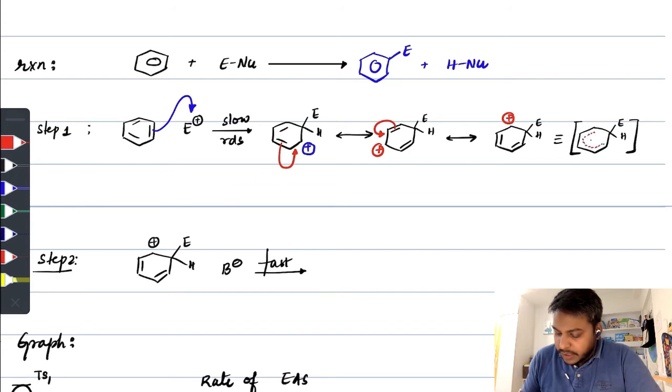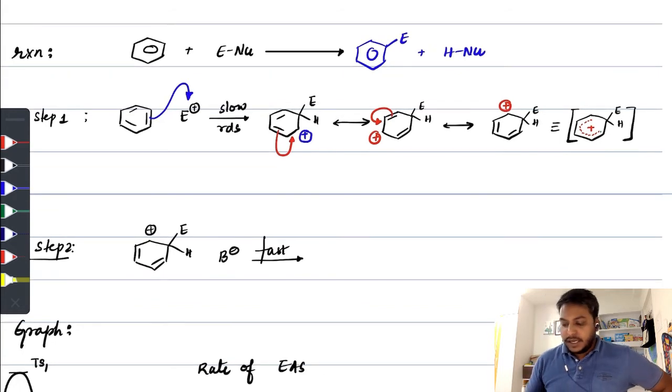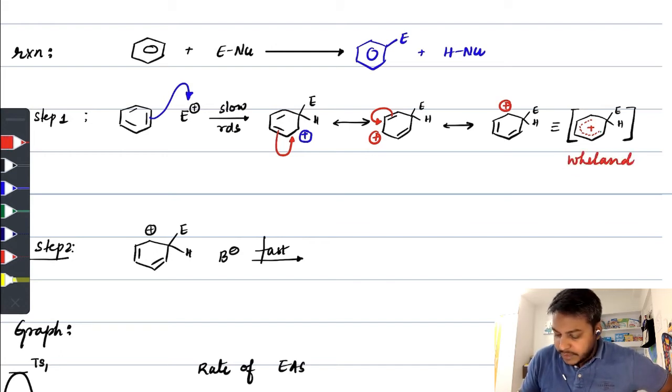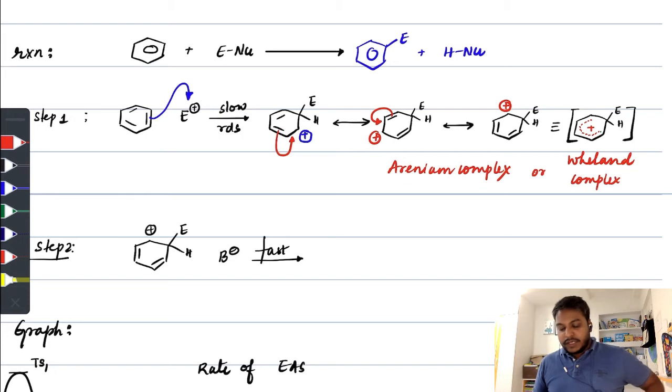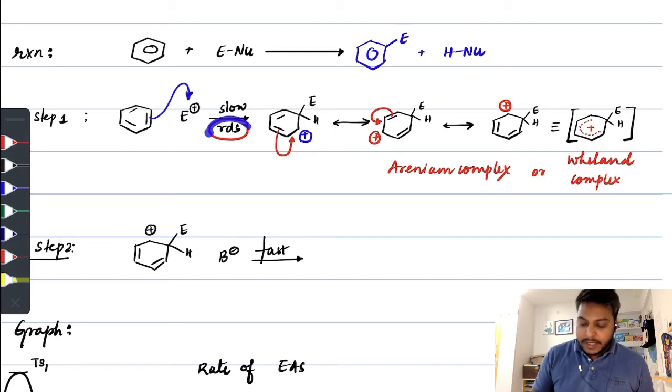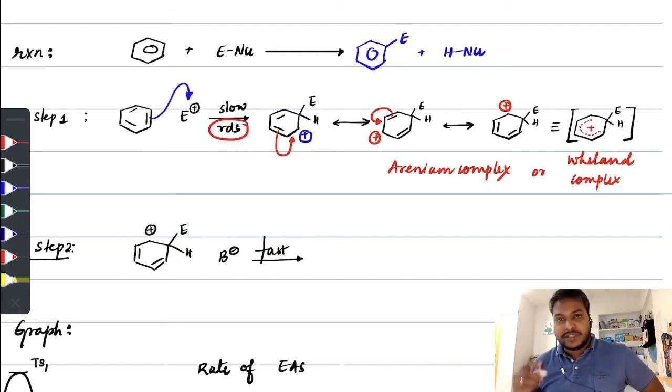So from here to here, the positive charge is moving for this electrophile, right, students? And this type of complex which is forming is called the Wheland complex, or it is also known as the arenium complex. So in short, students, step one is a very important step because this is the rate determining step. If by any means we are able to stabilize the Wheland complexes or arenium complexes, the reaction will go pretty well. If they are not stable, the reaction may not take place.